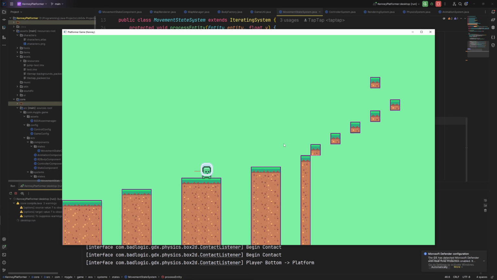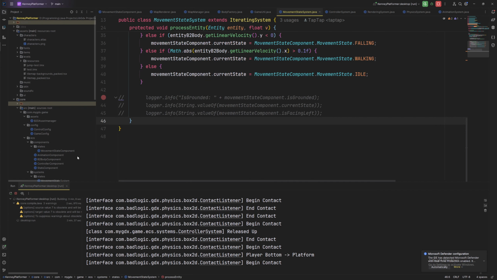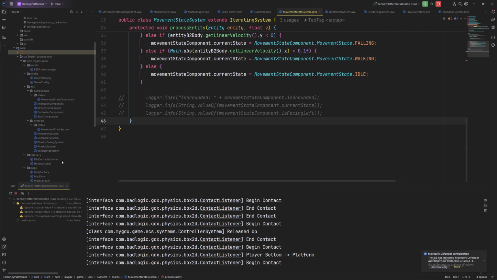And the bug I was having was that whenever I try to jump the player and then it hits the top part of the platform, the logic for it would be messed up, and the player would basically get stuck on the platform even though he should be falling down. And what I did to solve this was that I had to create some logic in the contact listener